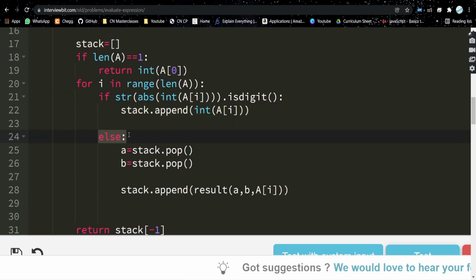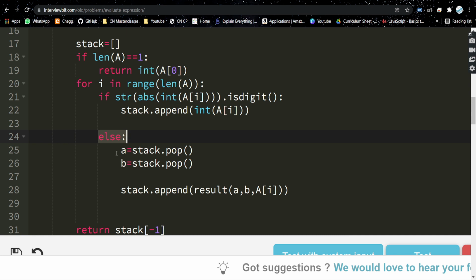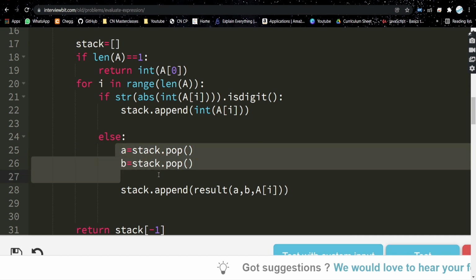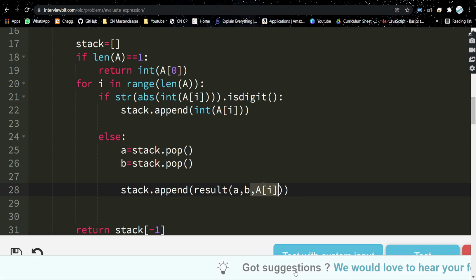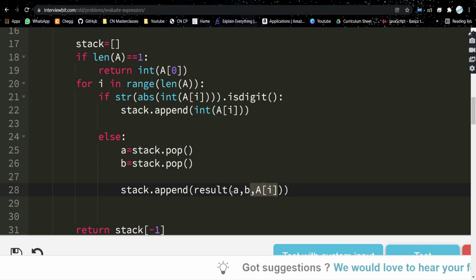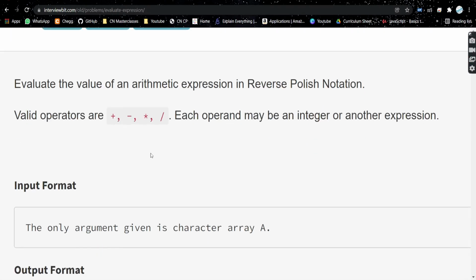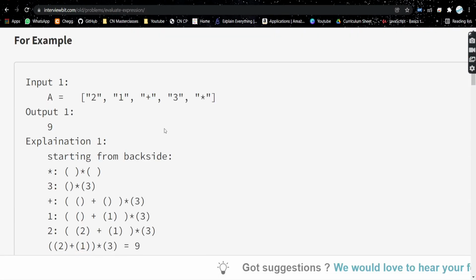Otherwise, if it's not a digit, we pop two elements from the stack. Then we evaluate the operator, which is A of I, the current operator, with A and B. We have made a function result, since we know there will be only four operators.